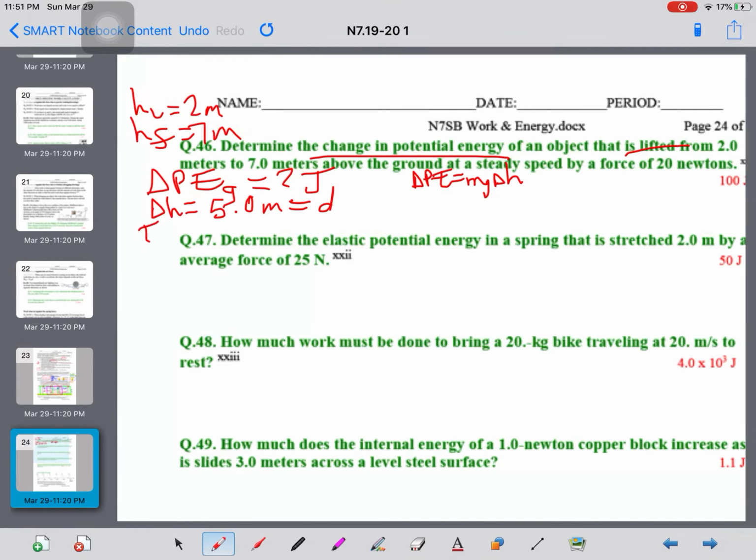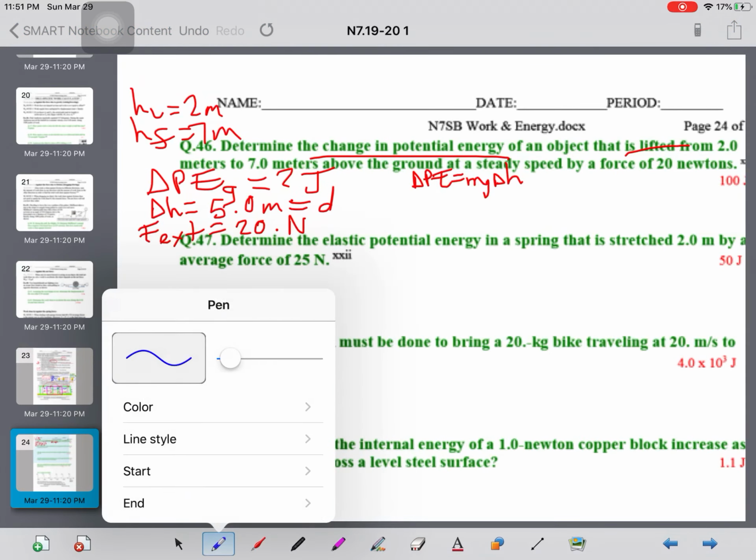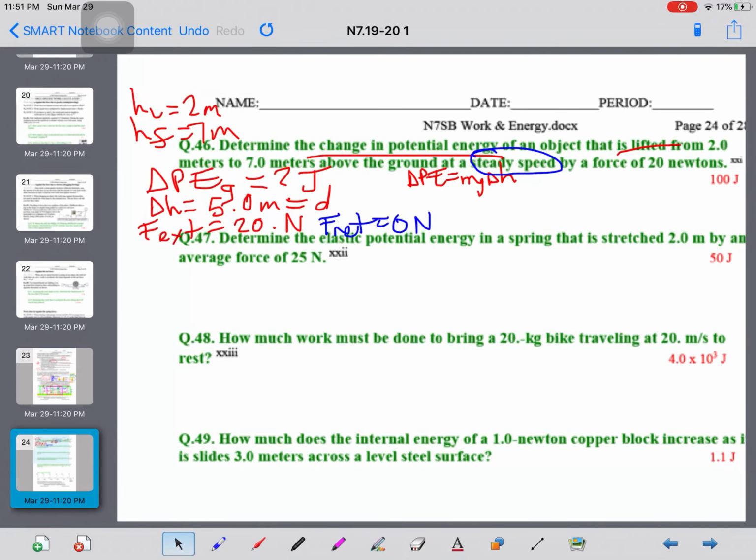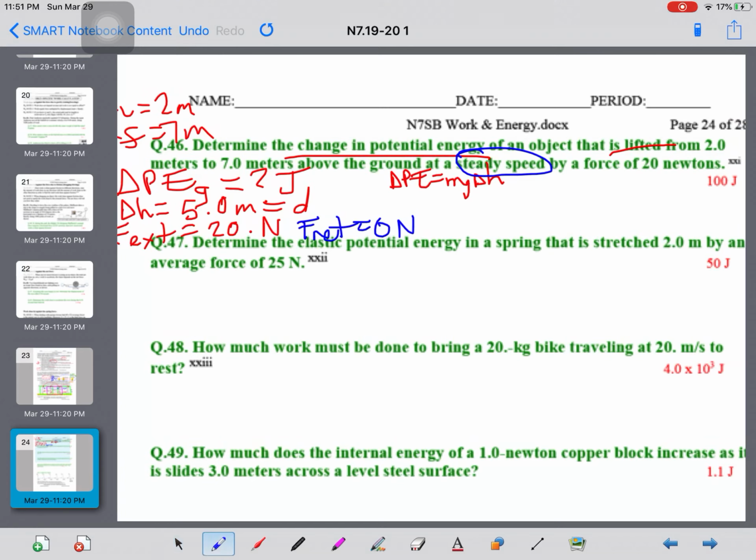And it's lifted by a force. Technically, the force, that's the external force, is lifting this thing. 20 Newton external force, and they say a steady speed. So a steady speed right here means that the F net is 0. Now, you could probably just throw some numbers at this and get it right. However, there is really a right way to do this, and the right way to do this is with a